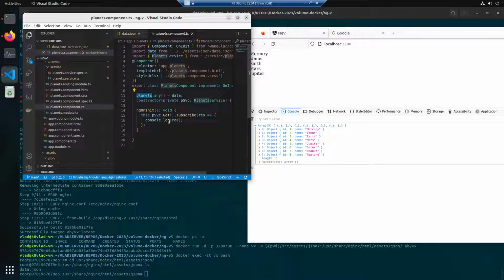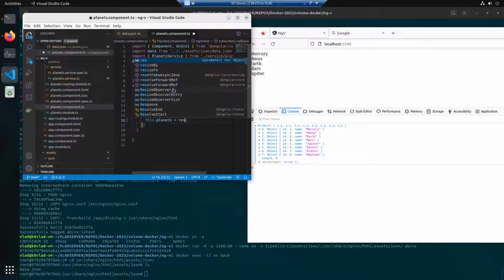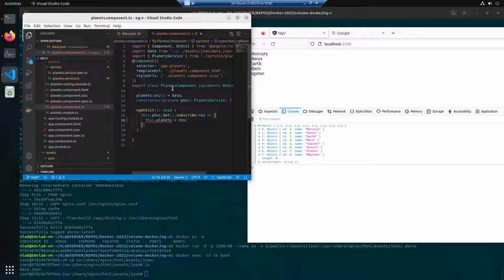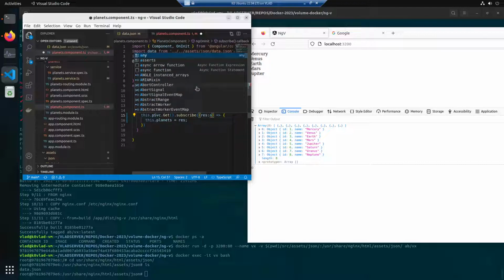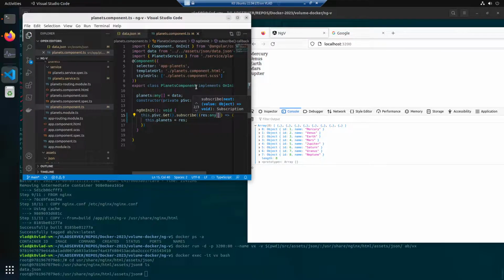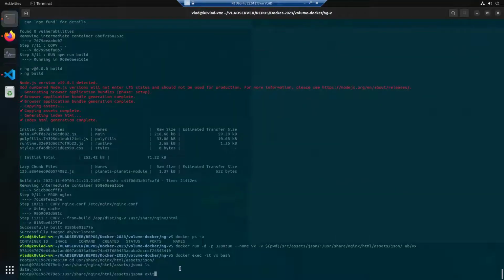So if we use that here instead, so this that planets is equal to the result of, right. So we got that. If we rebuild